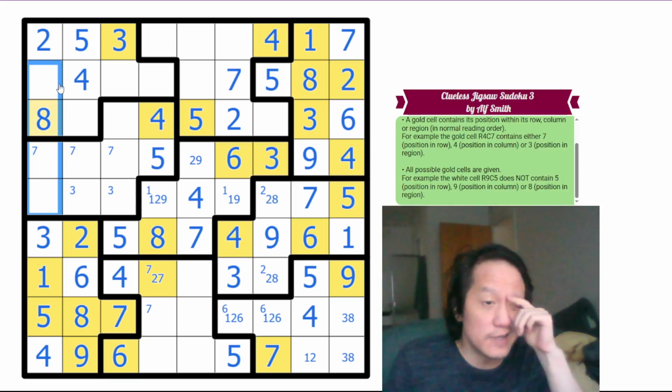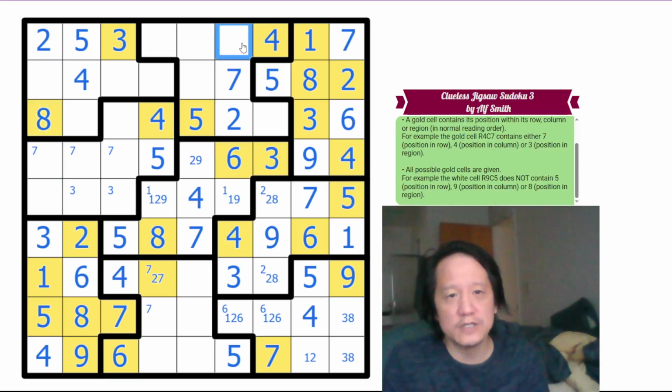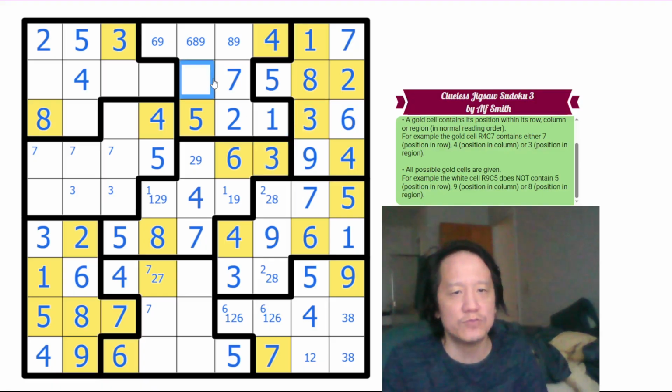Remaining digits in column 1. Actually, let's do remaining digits in row 1. It's 6, 8, and 9. This can't be 8 because of 8 in the column. This can't be 6 because of 6 in the column. The remaining digits in region 2 are 1 and 3. This can't be 3 because of the 3 in the row and the column, so this is 1, which makes